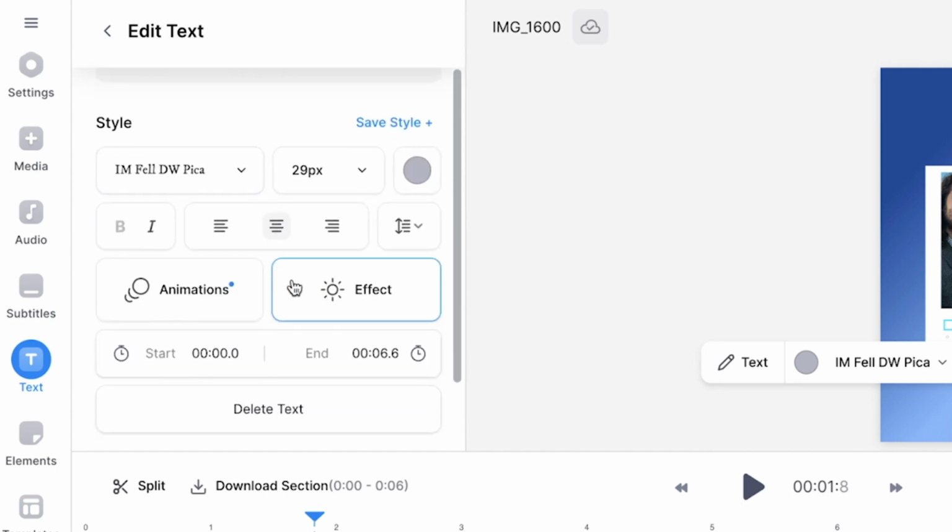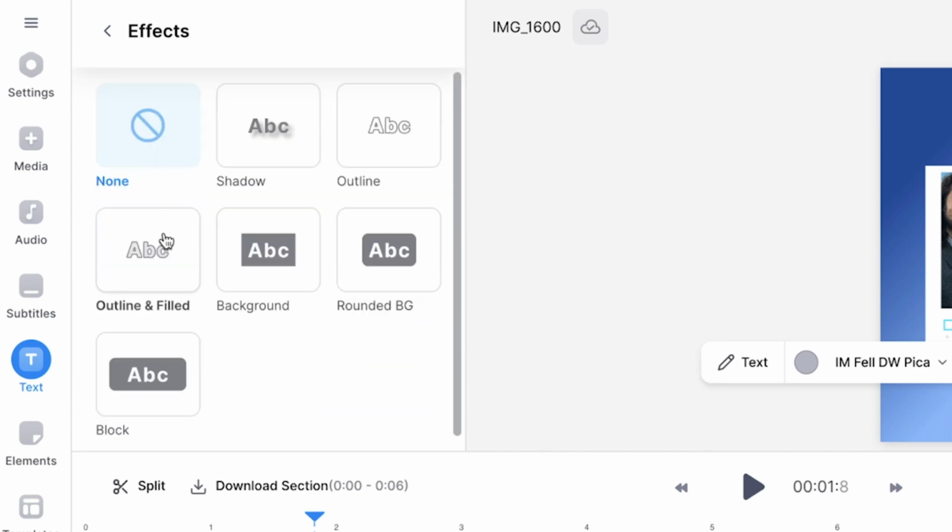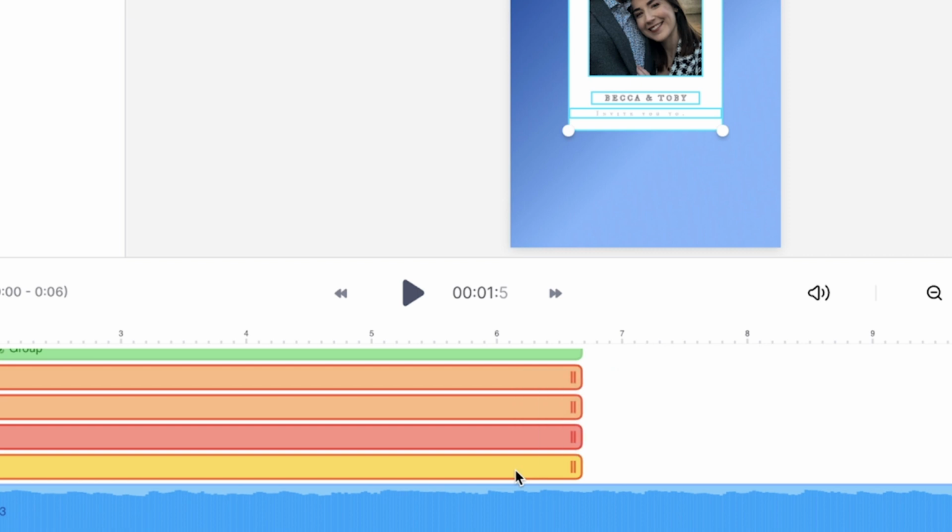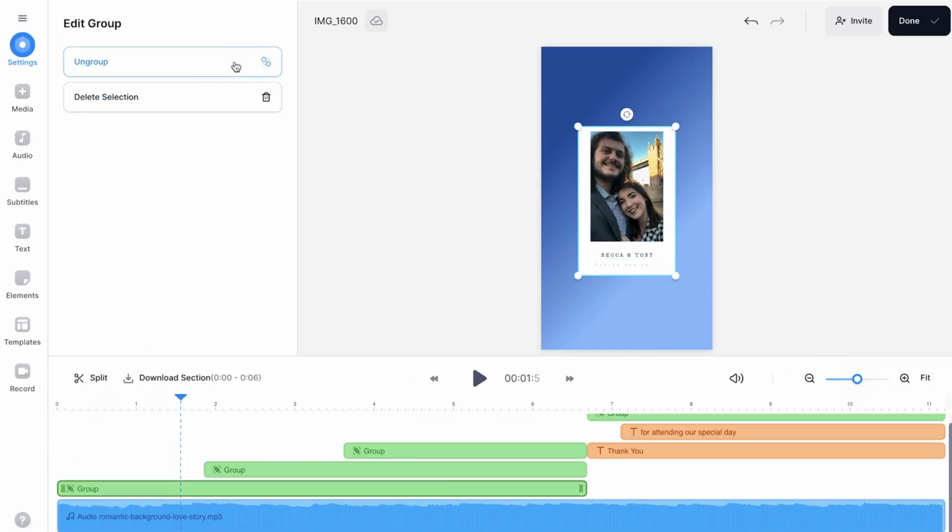Back in the edit text window, you can add an effect behind the words to make them easier to read. Highlight all the elements in the timeline and click group so that the rest of the timeline is easier to work with. If you want to extend the amount of time that all the elements are on screen for, open